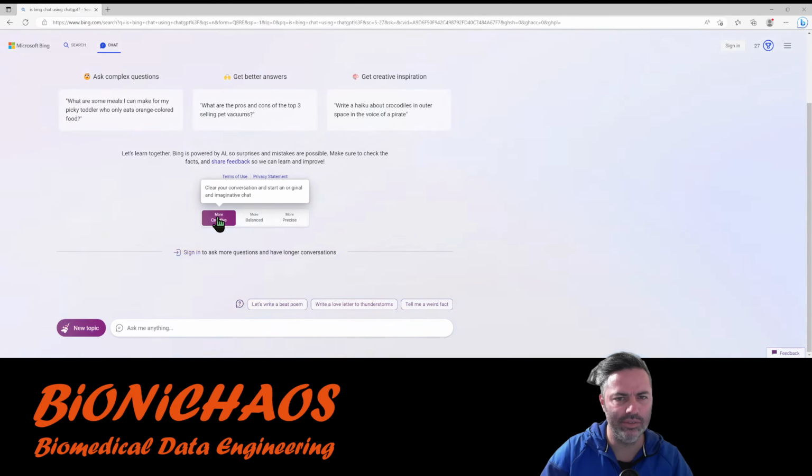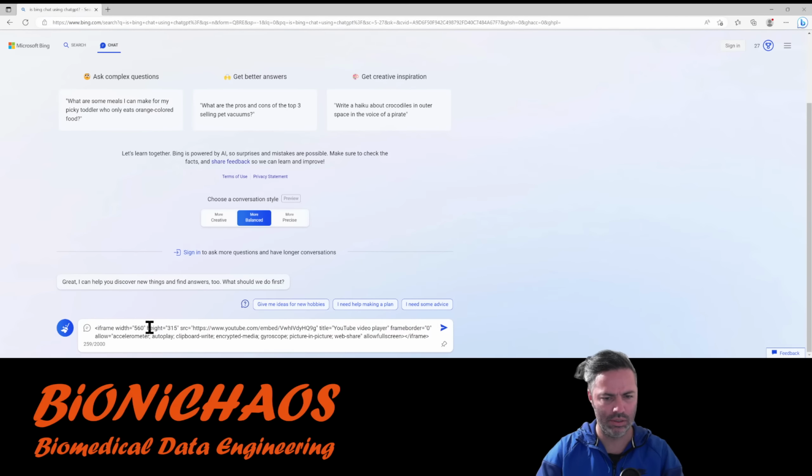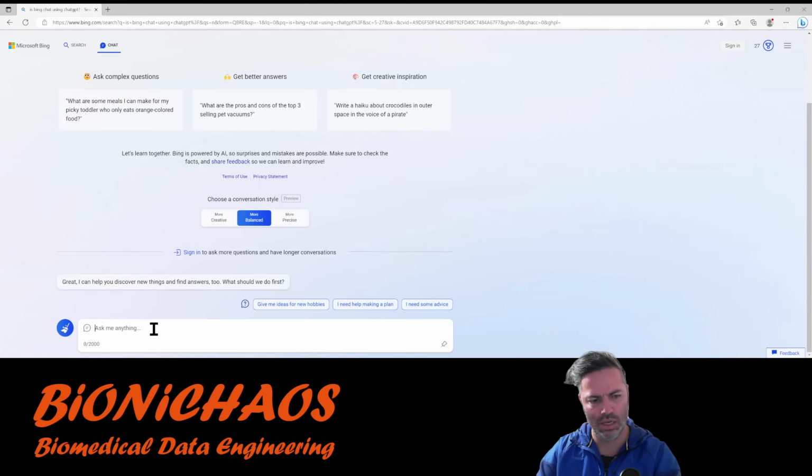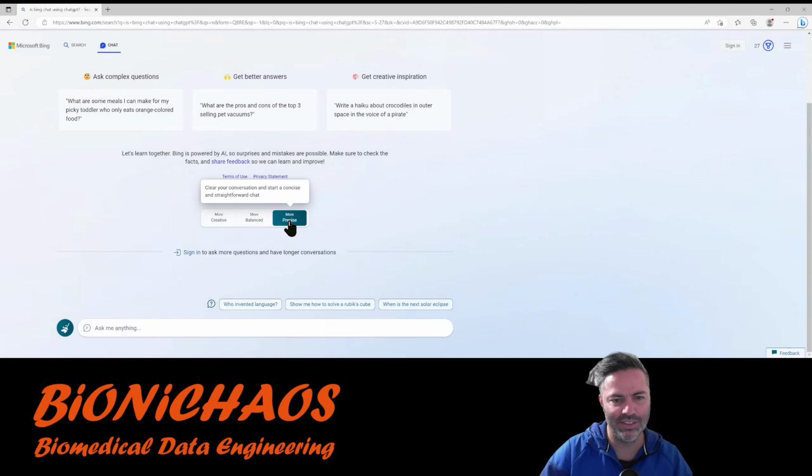The interface is funny. More creative. So before I was asking it as precise, and I have to play with it, it's quite interesting. I don't know why it is lying.